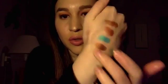It's so gorgeous. You probably won't see it reflect too much because I kind of put it on an awkward part of my hand. But it's so beautiful. So that is Opal. And then the second one is Becca's Champagne Pop, which is also absolutely amazing. This is Jaclyn Hill's collaboration with Becca, and this was pretty much my bae as soon as I got it. I did get this in August because it's only been out since August or July or whatever, but I used it so much, and I really couldn't think of another highlighter that I've used so consistently